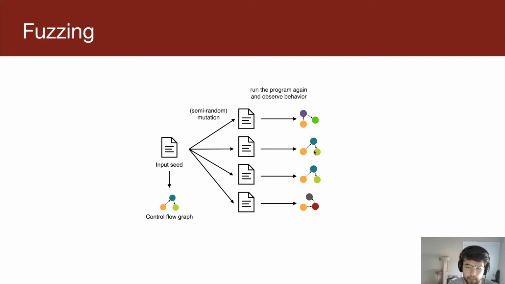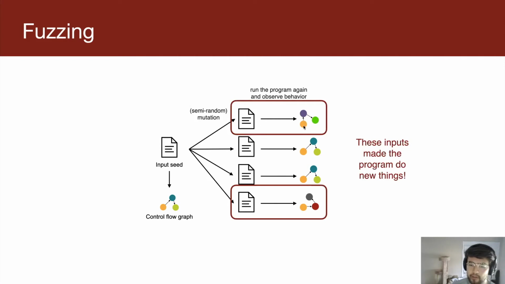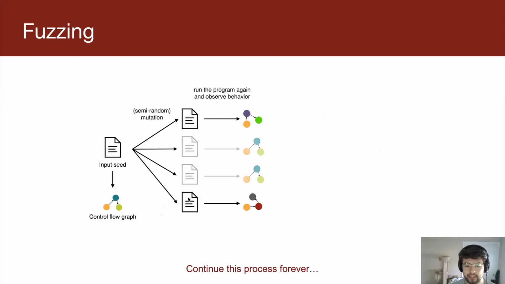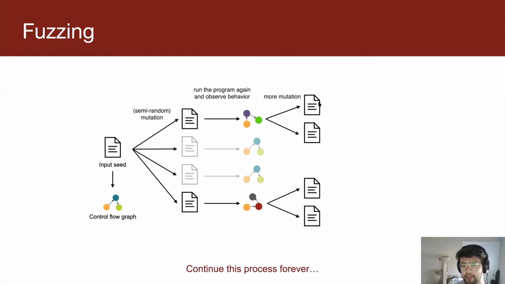But maybe, just maybe, with one or two of the things that we tried, we actually end up with different behavior. We took the else instead of the if, or we called a different function, or something different happened, like our program went a different way. So we're going to throw the others out because our program did pretty much the same thing and it's not very useful. But we're going to keep these two inputs, and we're going to try mutating those.